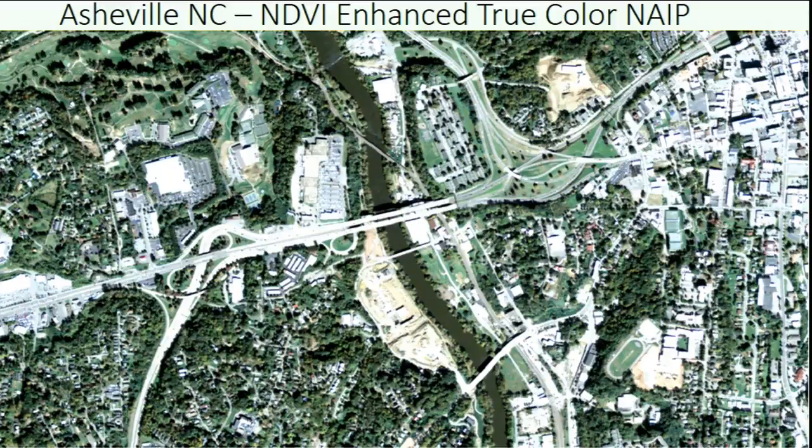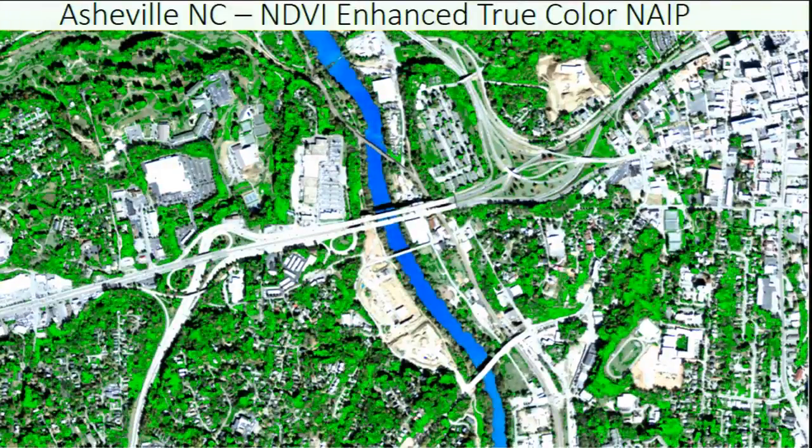And once you create an indices, you can start to do the thresholding. So this is an area in Asheville, and the French Broad River's there in the scene. And by thresholding, I can make the vegetation green pixels, and then I can also make the water blue pixels, something very intuitive. But those pixels actually have real values tied to them, so you can extract those as a vector format or any other